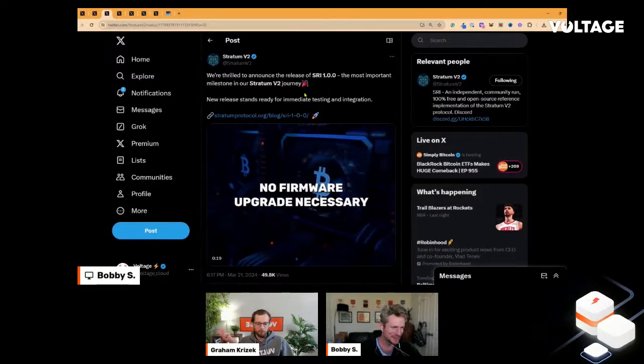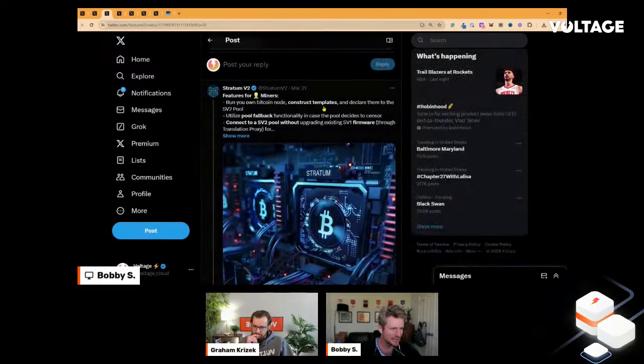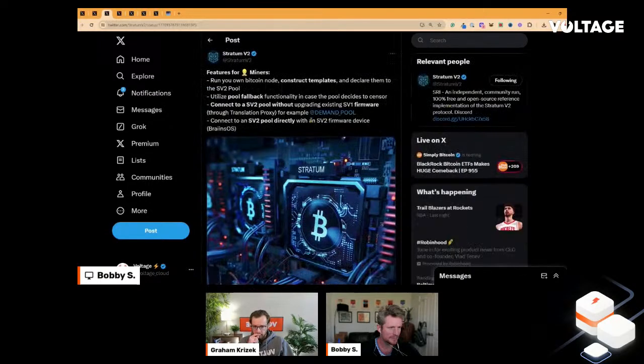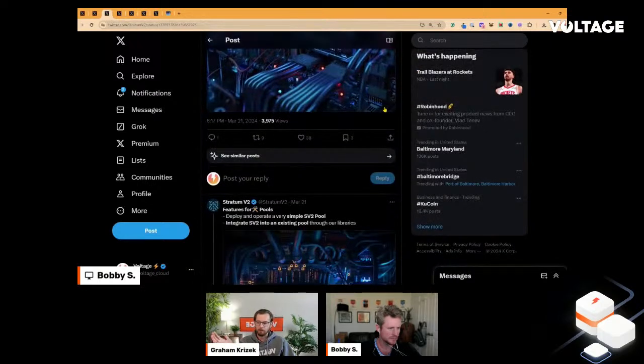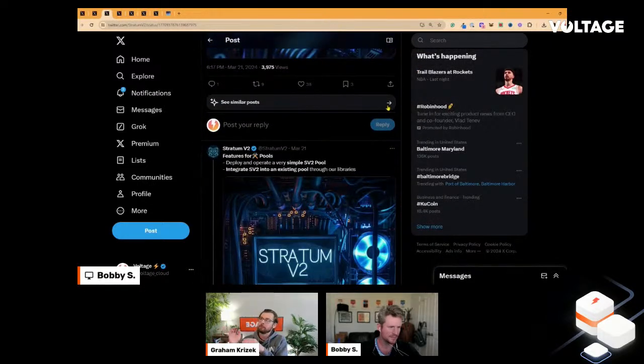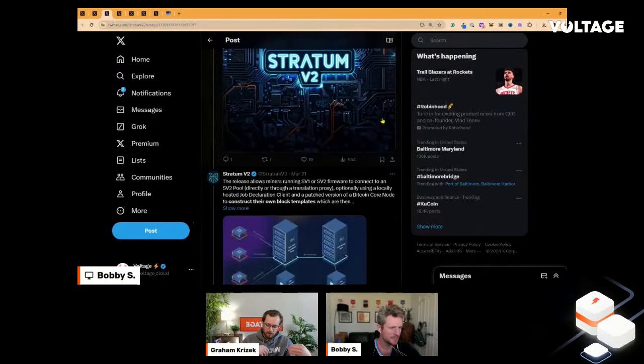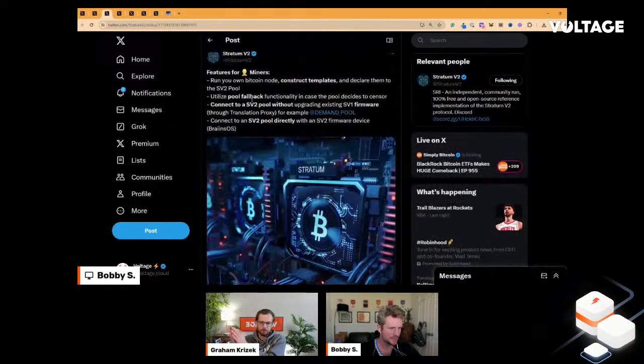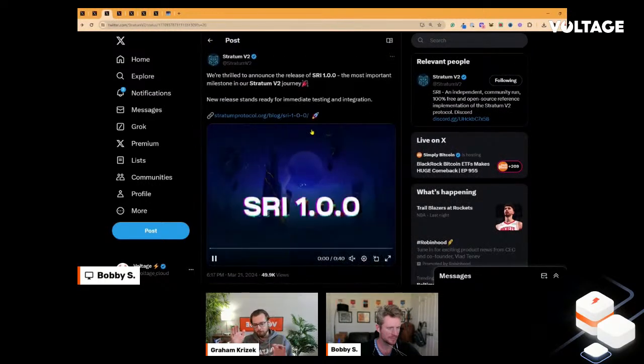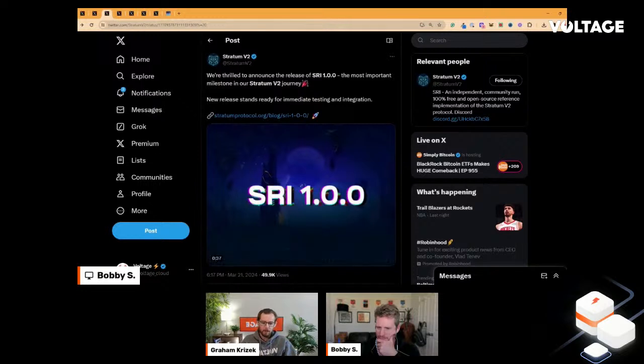I need to be a little bit more up to speed with Stratum V2, but Stratum V2 does a lot. It's a protocol and ways for miners to, I think it involves several things, from mining things as well as template construction. So starting at the highest level, what is a template? A template is basically the amount of transactions being pulled from the mempool and being inserted into a block that is then mined.